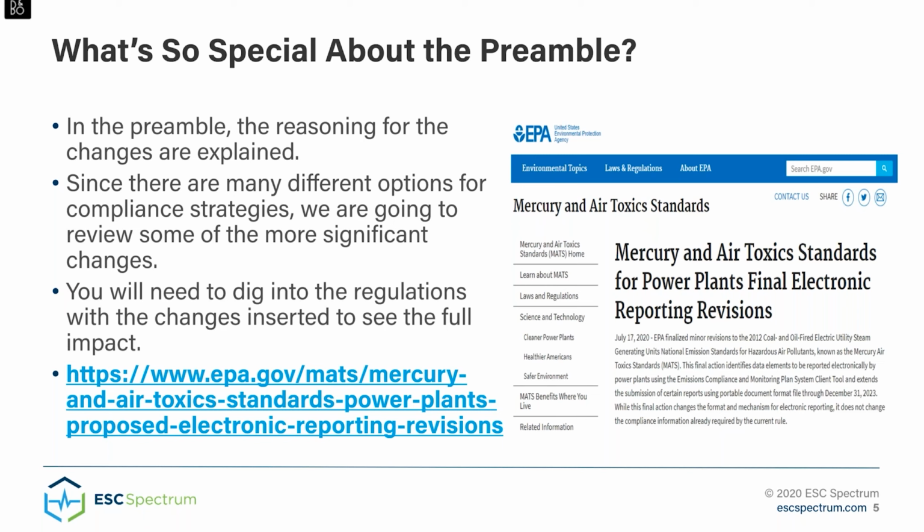I basically reviewed the preamble to the Federal Register, and people say, well, why do you want to look at the preamble? Why don't you look at the actual regulations themselves? Well, that's because the preamble is where the agency typically explains the reasoning behind the changes they're making. They'll give you the background of why they're making the changes. Sometimes they do a good job of explaining what's going on, and other times they don't. But I like to look at the preamble so I can see if they did provide a reasoning, why these changes are being made, so I can understand it better.